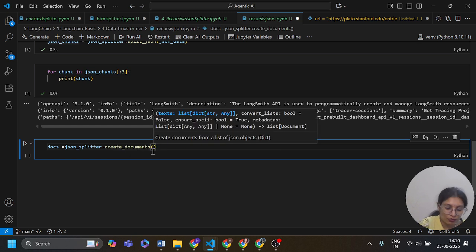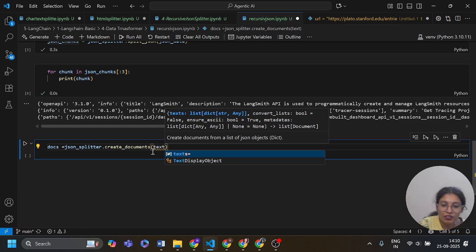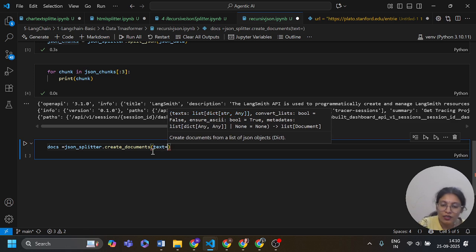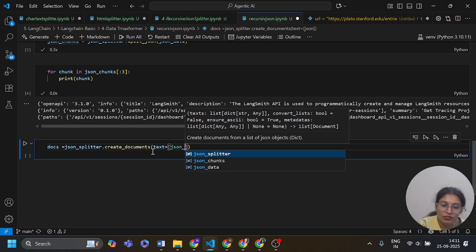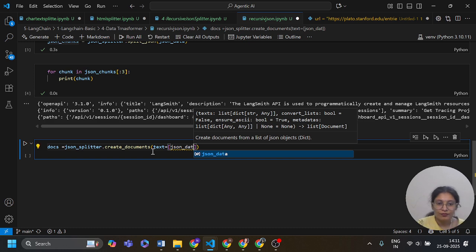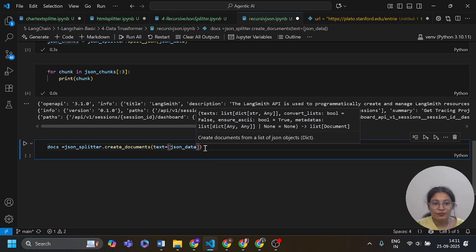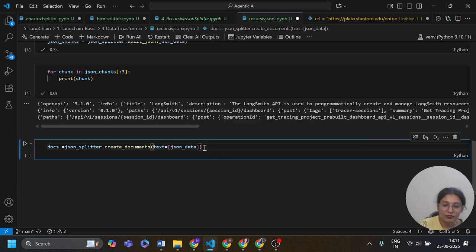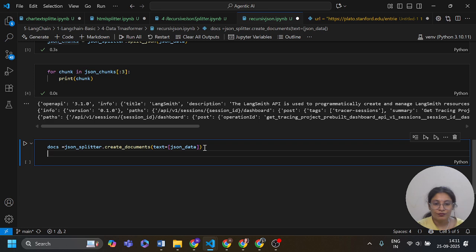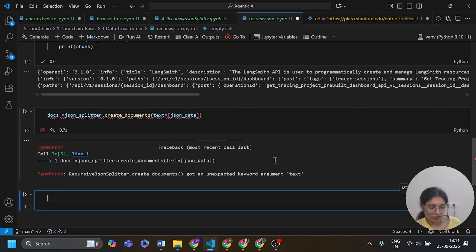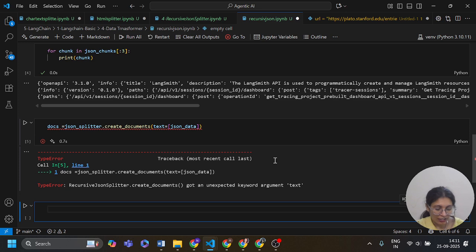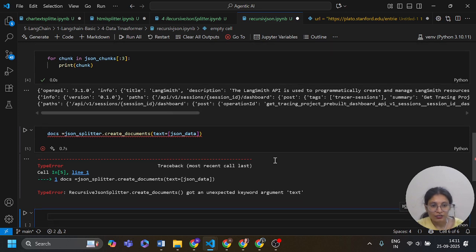Here I am going to pass texts equals, in square brackets, JSON data. Now it says recursive JSON create documents got an unexpected argument text equals JSON data.